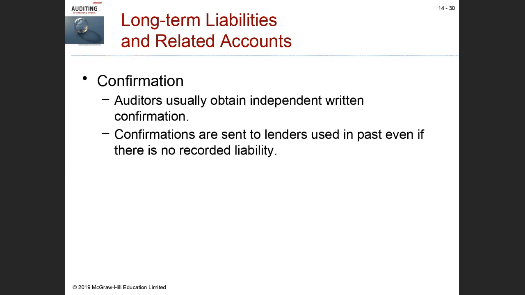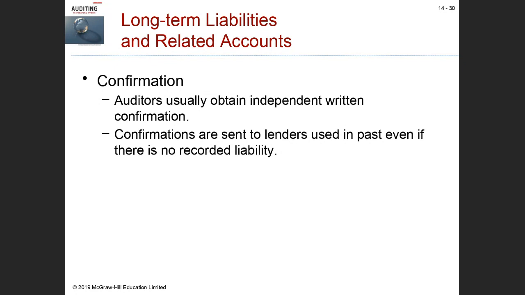And usually, even when a debt is paid off during the year, you still send a confirmation to the lender that one final year. Why? To ensure that the debt has been paid off and that there are no lingering issues with respect to the outstanding debt, that the lender agrees it's been fully repaid. Sometimes I've seen problems arise in this area where there may be disagreements with respect to